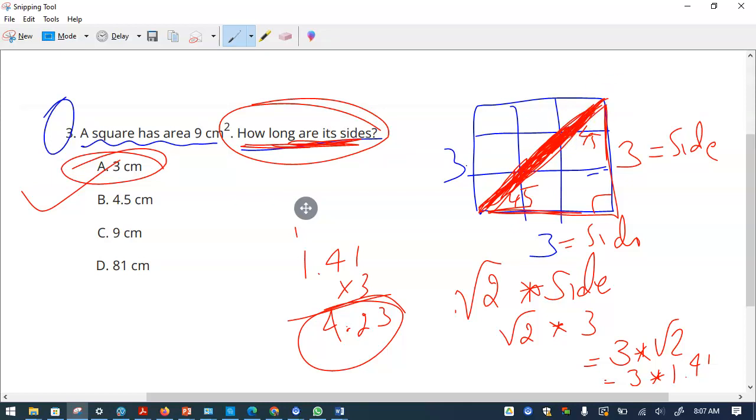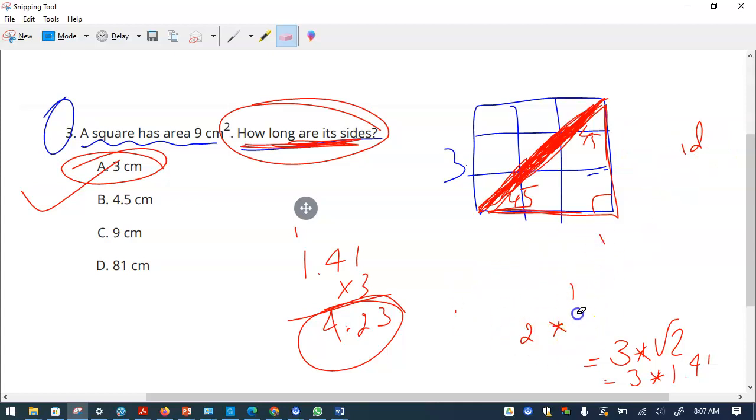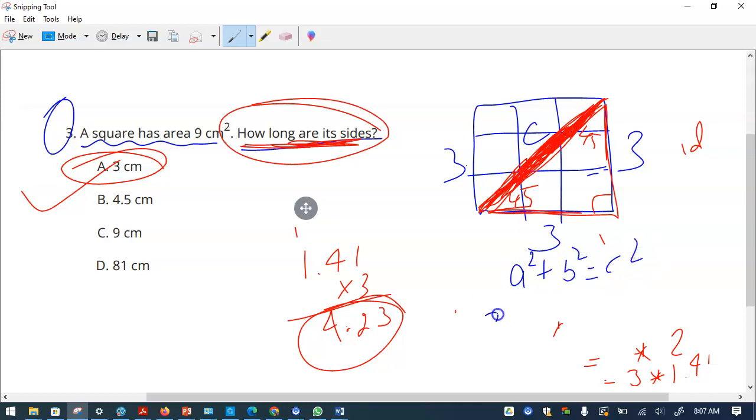To understand how this square root of 2 comes about, we can also use the Pythagorean theorem. If the sides are 3 and 3, and you want to know the hypotenuse, it's a square plus b square equals c square. So 3 square plus 3 square is c square. So this becomes 9 plus 9,